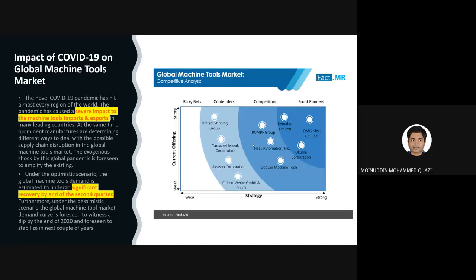Next, now Corona came. So what is the impact of COVID on the CNC and machine tool market? It has severely impacted machine tool imports and exports. However, because of resilience, and because the companies did very good profits in the previous year, they still have good risk analysis and they are still competing. There are some good companies which have not even taken the impact of COVID. DMG, Okuma, and Japanese corporations such as Komatsu are the ones who are doing recovery at this stage.